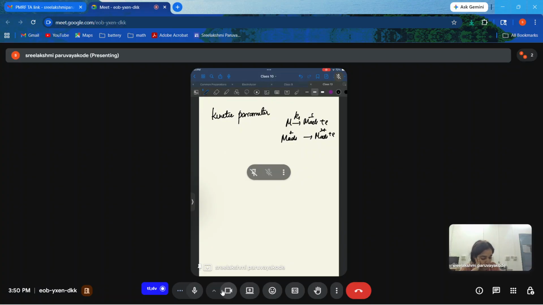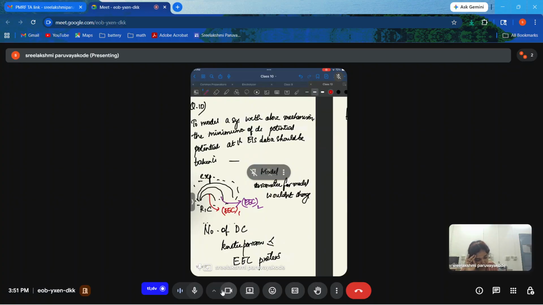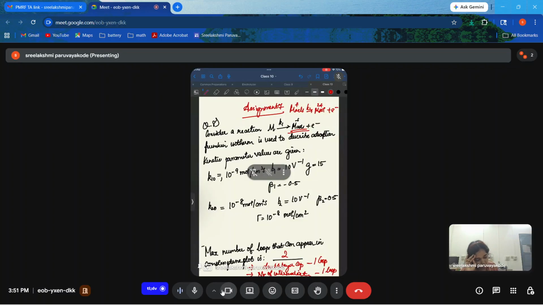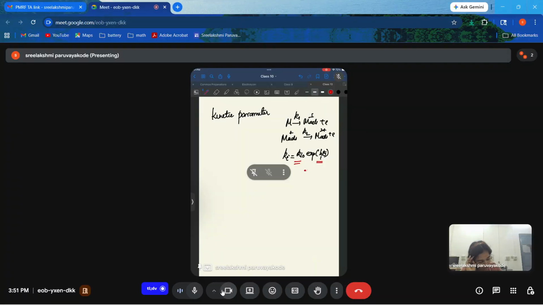So you have K1, K2. Both are electrochemical steps. K1 is nothing but, if it was a normal Langmuir model, Ki naught exponential Bi E. So this is one parameter, and this is one parameter. But this question clearly says to model the system with the above mechanism. This is the mechanism given, and it says it's Frumkin. So if it is Frumkin, you will have an additional term, which is exponential Gi theta I